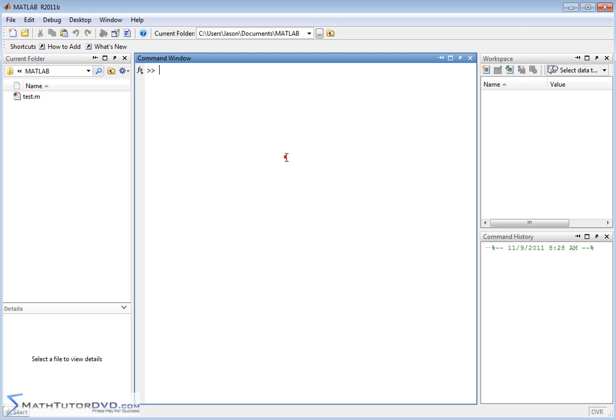Hello, in this section of the MATLAB tutor, we're going to learn how to create some special matrices that you might have occasion to need to create. The first one is, what if you'd like to create a matrix full of zeros? Now, of course, you can type it all out, but you can do that easier by just saying matrix 1